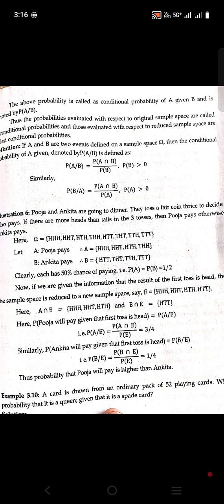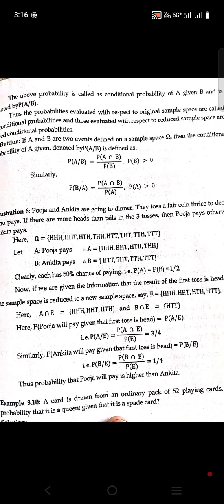Let the favorable event of Pooja paying be A equal to HHH, HHT, HTH, THH, and for Ankita paying, the event is B equal to HTT, THT, TTH and TTT, and clearly